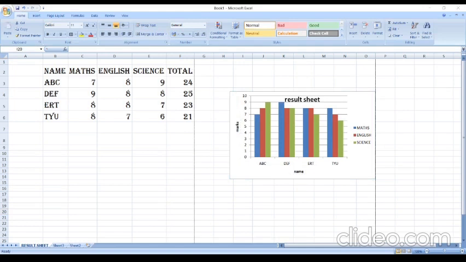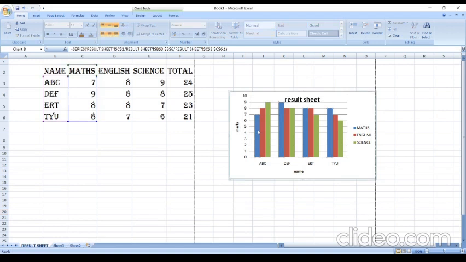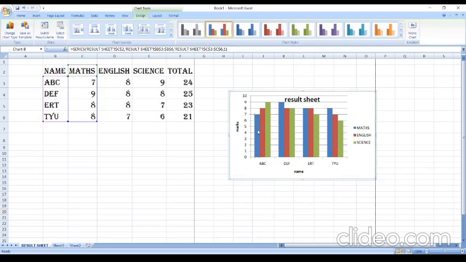Chart area, yeah, category axis, value axis, I have explained. Data series. Data series are these series. Double click here. It is showing you it is math. If you want to change the color of math, select it.